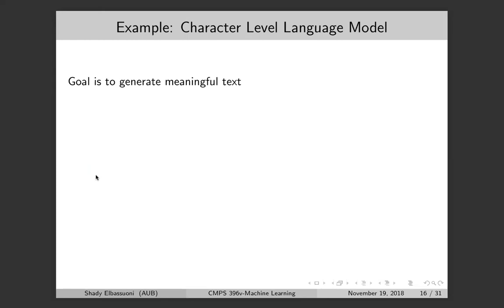Language models are a very important application. The character level language model means the goal is to generate meaningful text. What one of you was saying, this thing of detecting what the word is based on what I'm typing, is some sort of language model. Given a sequence of characters, predict the next character. So that's the goal of the language model. I give you a sequence of characters. Let's say, for example,